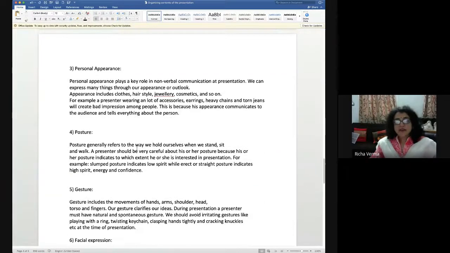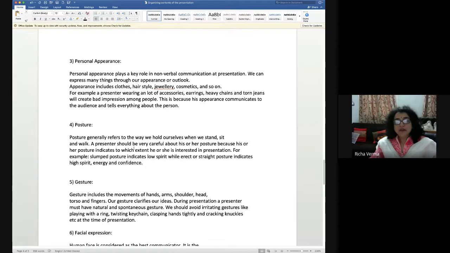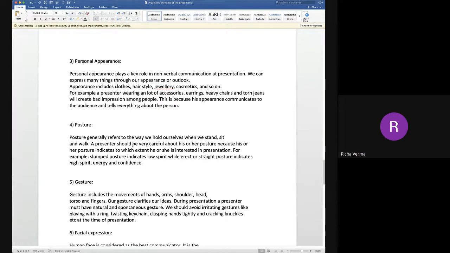Then we come to the personal appearance. The personal appearance should be neat. It should be formal for professional attitude. It has to be very formal. ऐसा नहीं बहुत ज्वेलरी, बहुत कॉस्मेटिक, बहुत तरह का हेयर स्टाइल. You just keep all these things for marriage parties and other functions.